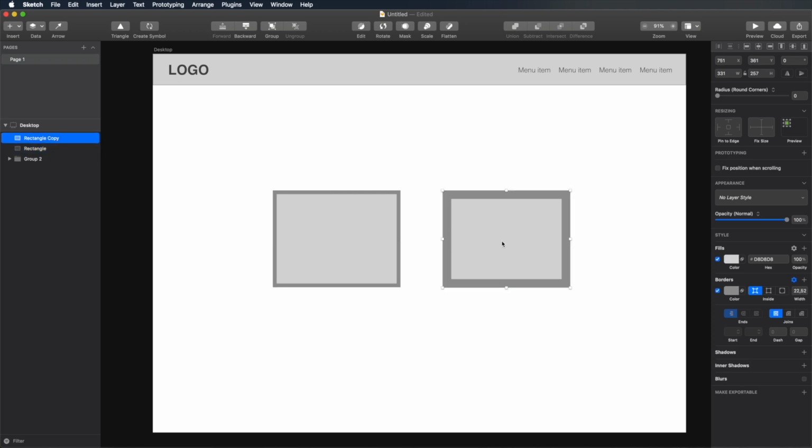Scale will also resize a layer's properties. And that means corner radius, border thickness, shadow size even, and it's going to do that automatically. All right, and that concludes this chapter about Sketch fundamentals, but we're not done yet because Sketch is a